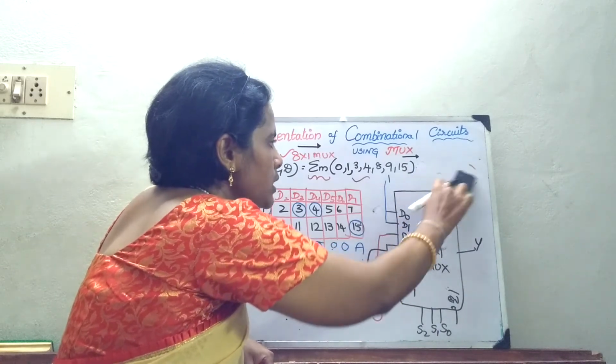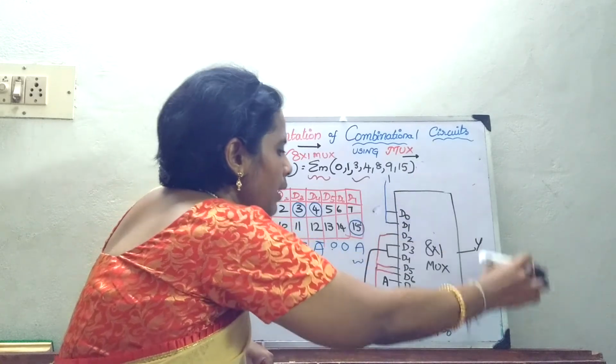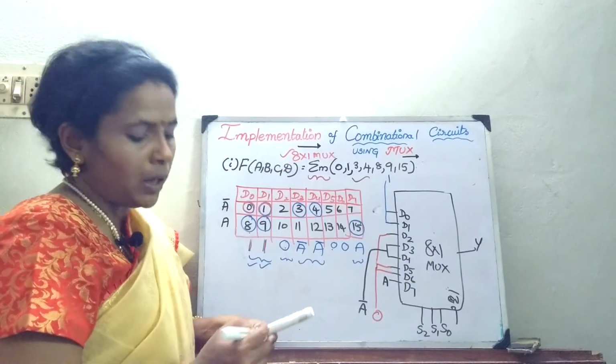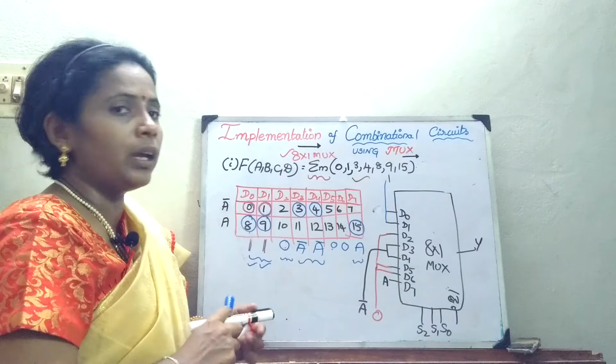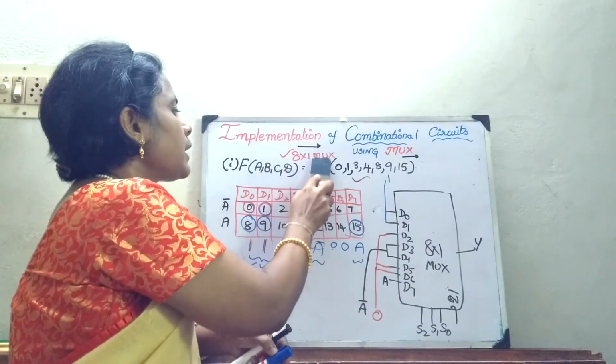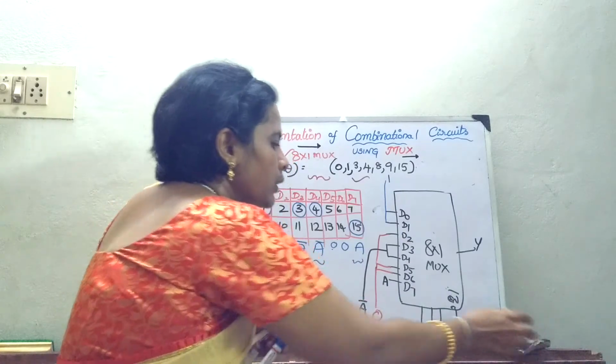The don't care concept is going to be the same for your min term as well as your max term. You know this min term and max term are complementary. Now with the same example, I will explain how this can be used